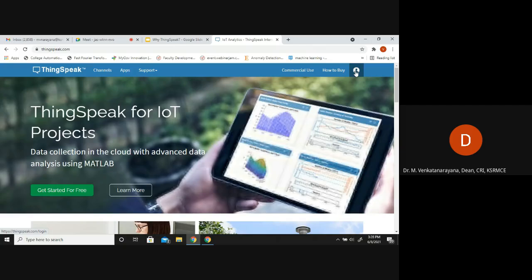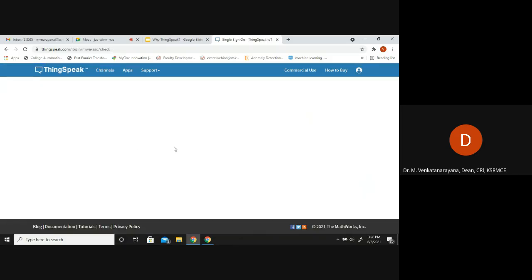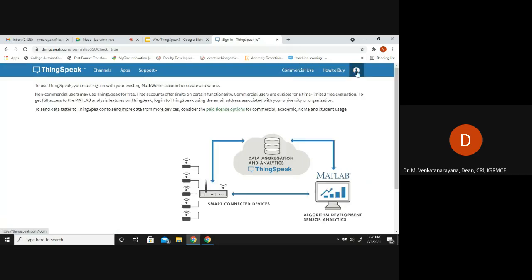On the right side, Get Started For Free. If you do not have an account, go and create one. Or with your account, enter your email and password.